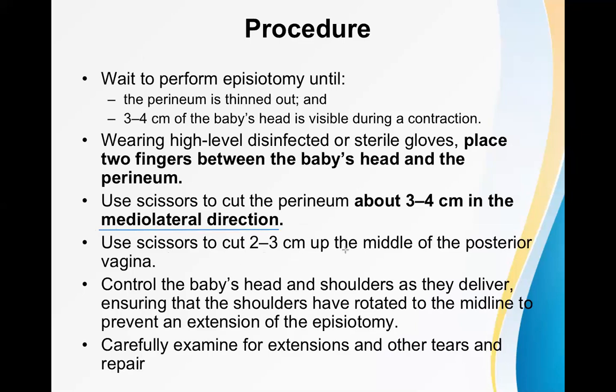Use scissor to cut 2 to 3 centimeters up the middle of the posterior vagina as well. Control the baby's head and shoulders as they deliver, ensuring that the shoulders have rotated to the midline to prevent an extension of the episiotomy. So this was already discussed in the mechanics of labor. We need to support the head all the time. Remember, we have to deliver the shoulders one by one. First the anterior shoulder, then the posterior shoulder, and then catch the baby